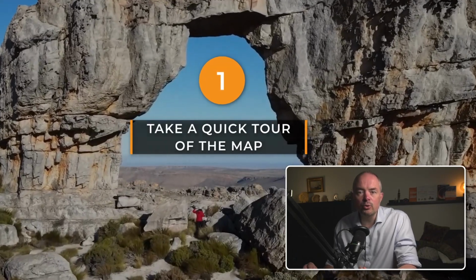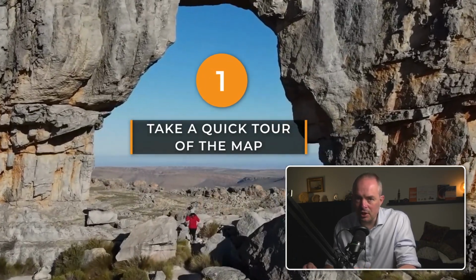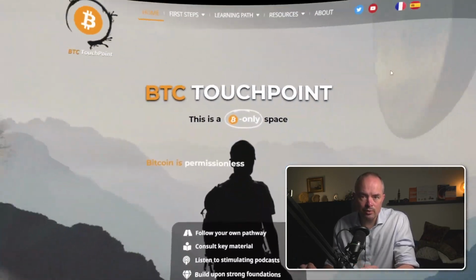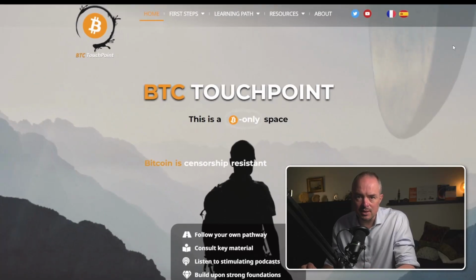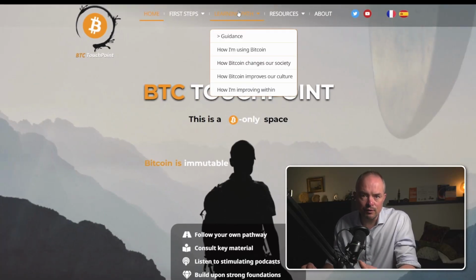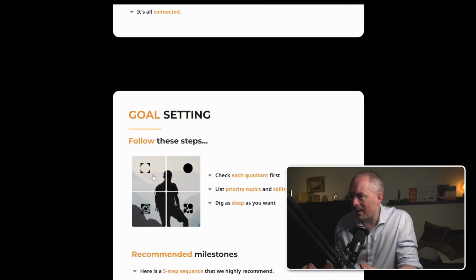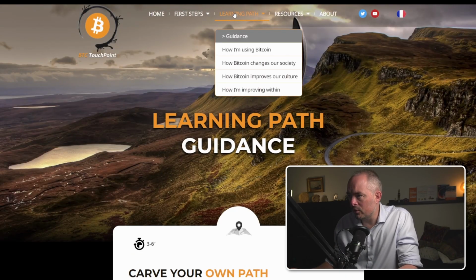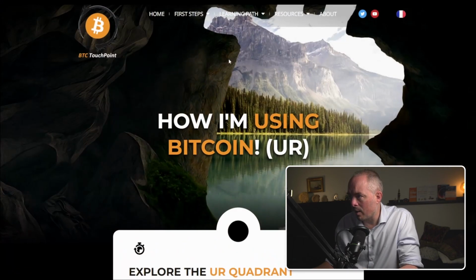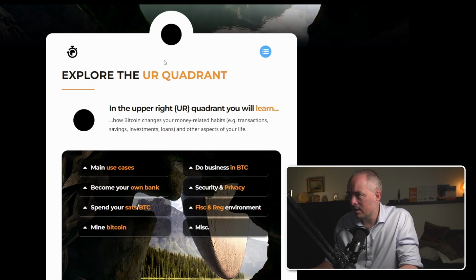First, take a quick tour of the map. Check the themes covered in each quadrant, get a first glimpse of the type of contents that you will find. So you can access the quadrants by clicking on the picture here or right from the top menu under the Learning Path tab. For instance, if you visit the upper right quadrant, here, how I'm using Bitcoin,